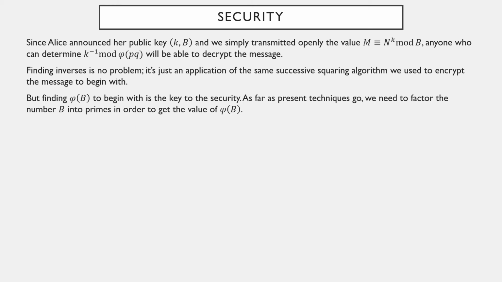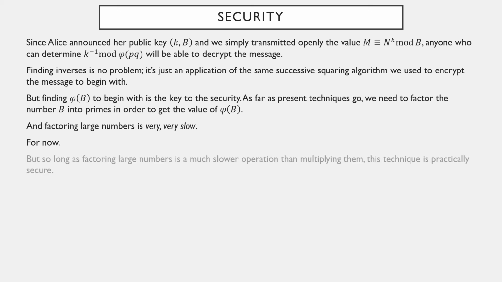To factor this very large b into primes, which is a necessary step to get phi of b, takes a very, very long time. Factoring large numbers just takes an incredibly long amount of time to do, so it's just not worth it. It might not even be possible if the expected amount of computation is in the trillions of years. For now, as I've said, changes to factoring algorithms or computing techniques might upend this whole system. However, for the time being, factoring large numbers is much slower than multiplying them, so this technique for practical purposes